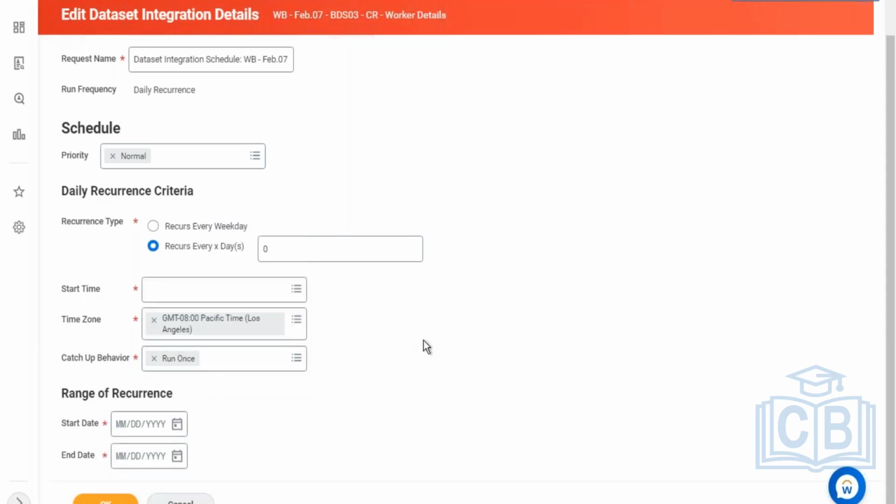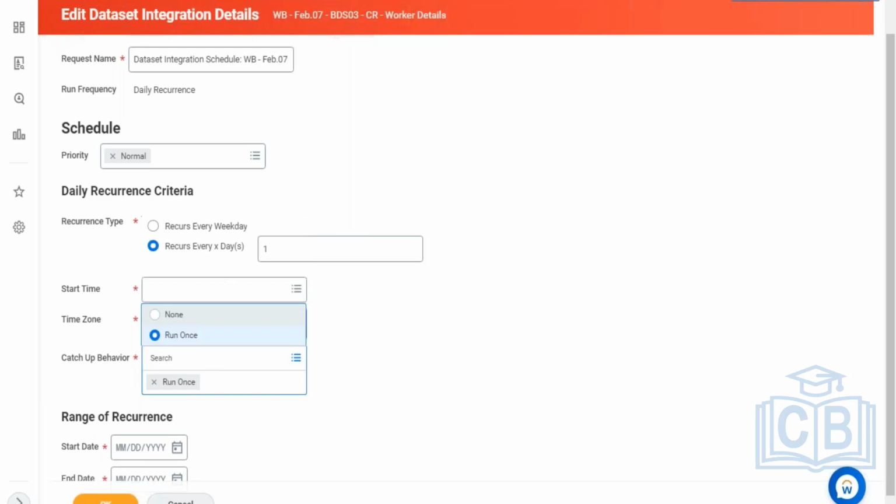Okay, so let's say your integration is supposed to run every day, right? So I'm saying run every day. Now let's assume on a Saturday or a Sunday or any other day, because of an outage, your integration couldn't run, right? In that case, how do you want the integration to behave? If you don't specify the catch-up behavior, so if you select the option as none,